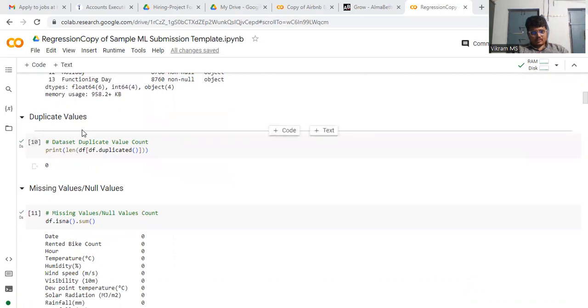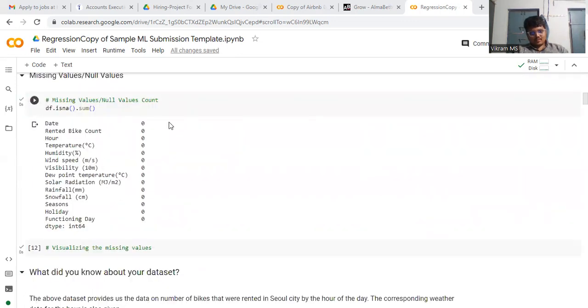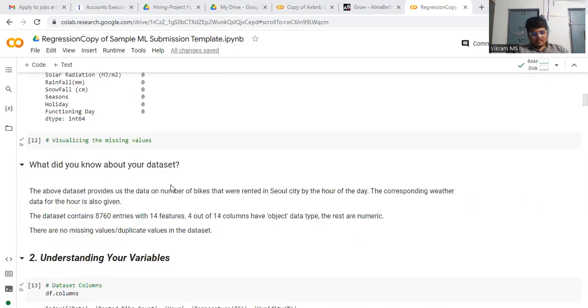Find out the duplicate values. Printing the length, the duplicate values count is 0. Then find out the missing and null values. There are no missing or null values, as shown in the figure. And